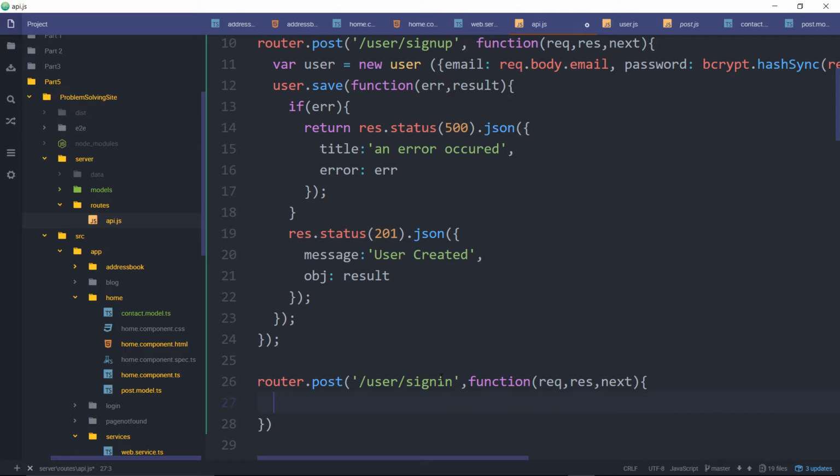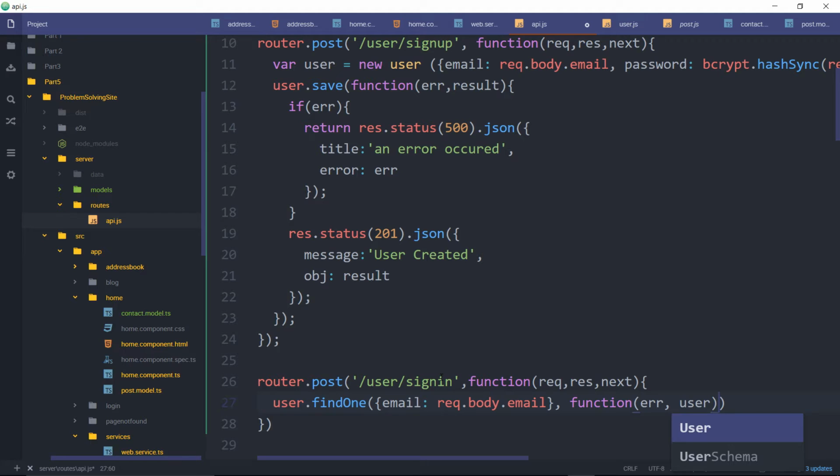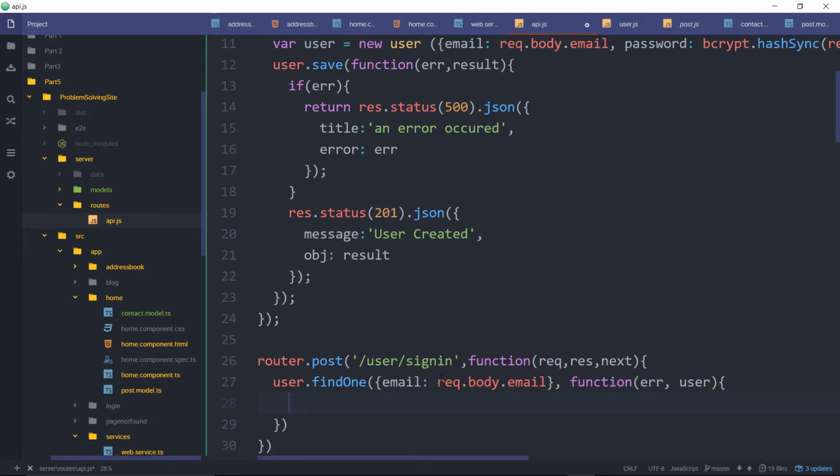So user sign in. Then we're going to do user.findOne, and we're going to do it by email: request.body.email. Yep. Then we're going to pass in the function. It's going to have an error and it's going to have a user. And then if error,